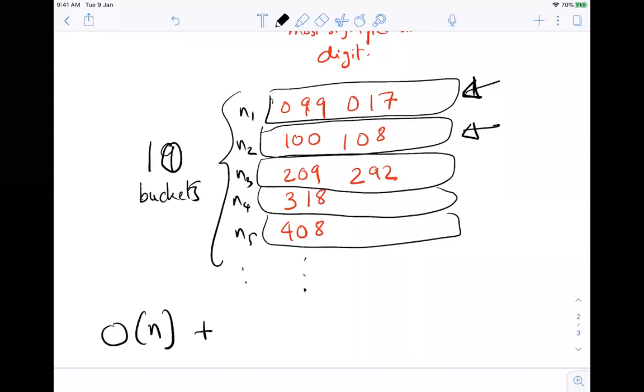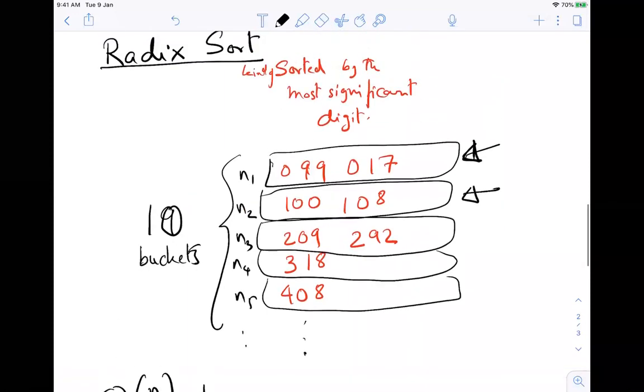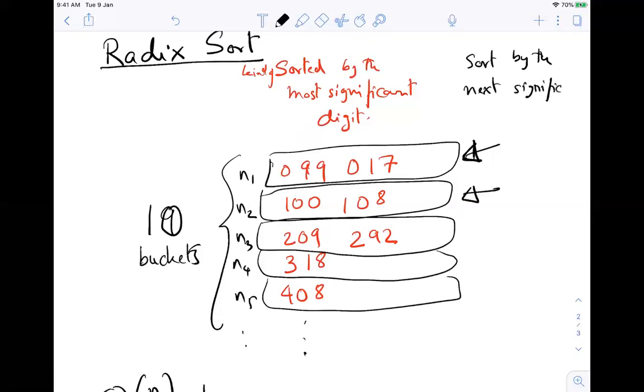So what do I do next? Inside this bucket, I sort by the next significant digit. And how do I do it? I do it again the same way: I again bucket it up.